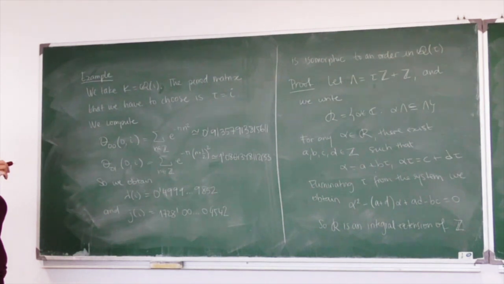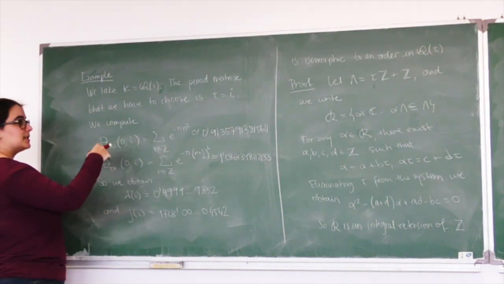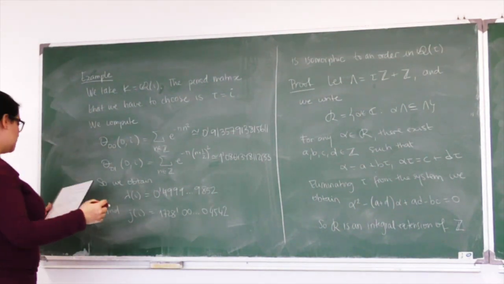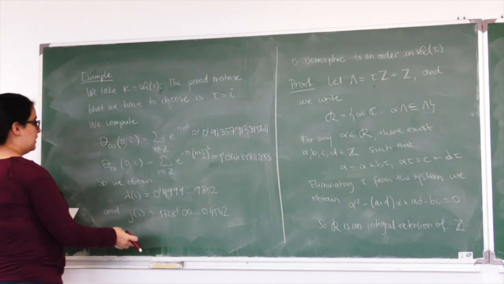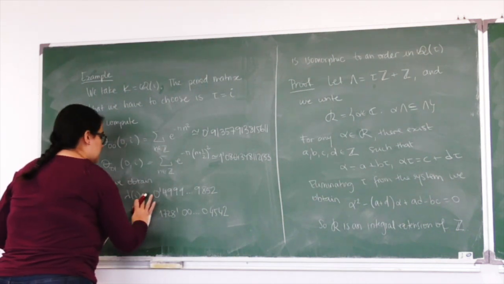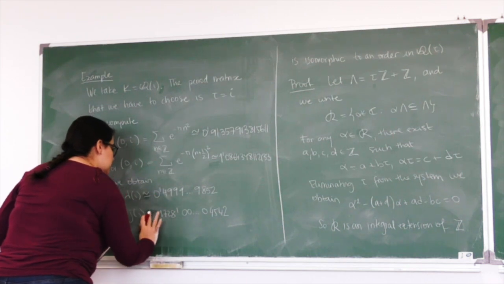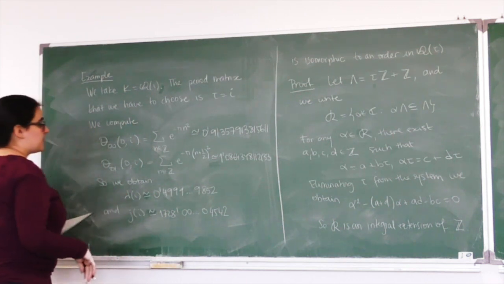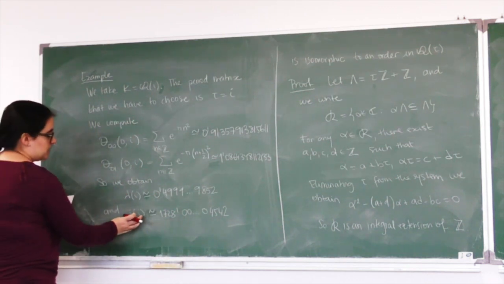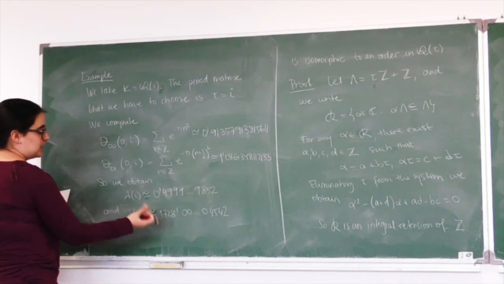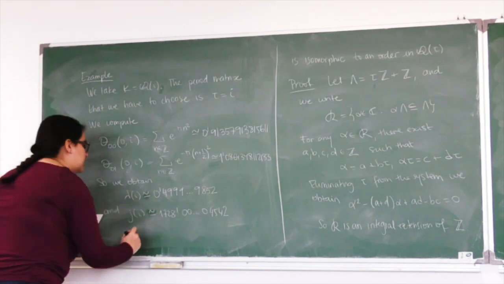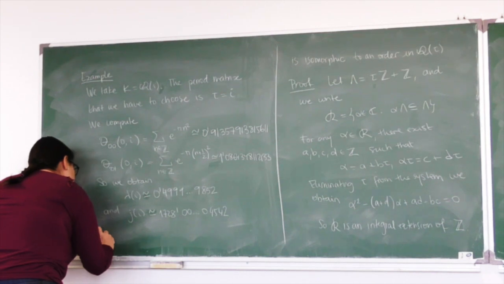So that allows us to say that indeed this lattice corresponds to, sorry, this is an approximation. So because we know that the j invariant is an integer and it's very close to this number here, we conclude,